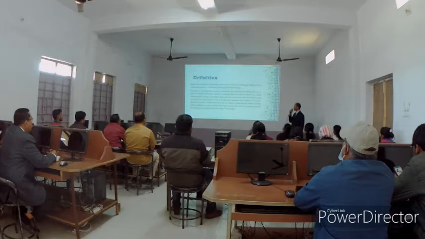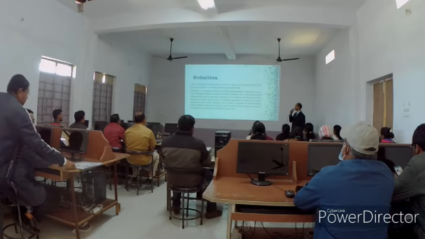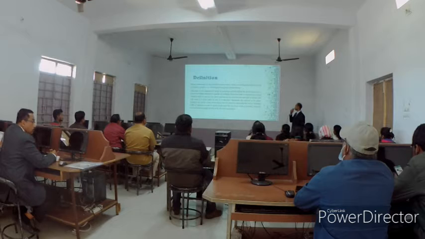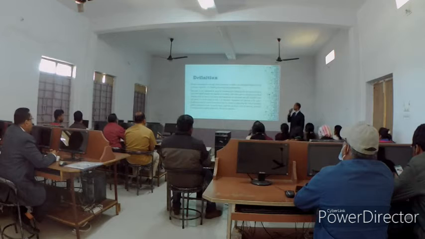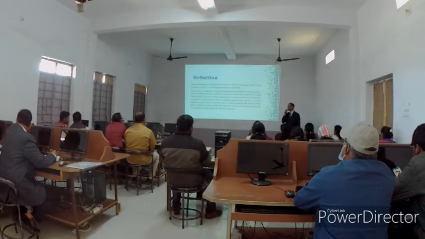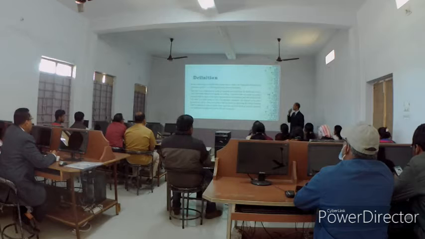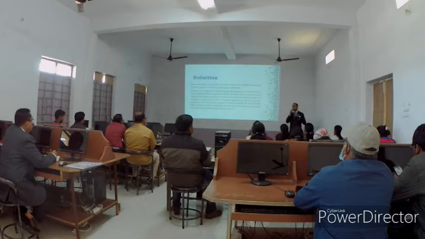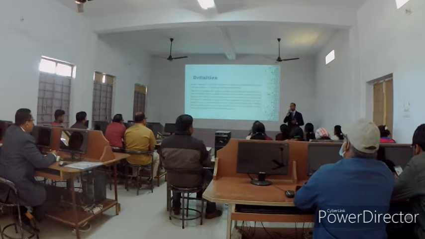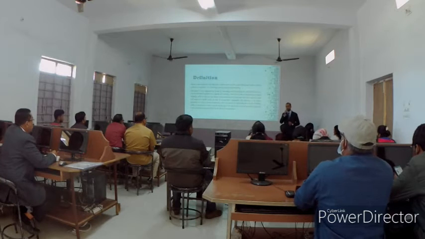So here again some definitions. Bloom's taxonomy is the classification system used to define and distinguish different levels of human cognition, that is thinking, learning and understanding. How a child thinks, how he learns, how he understands. Education is very important in terms of assessing and identifying the intellectual level at which individual students are capable of working. So at the end of the day, what we do, we evaluate a child.